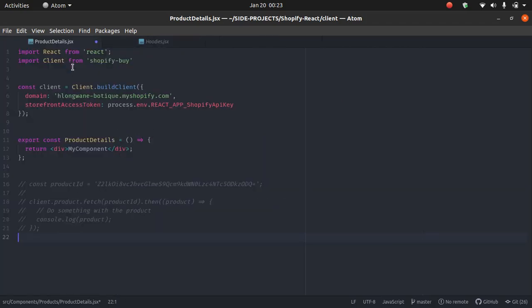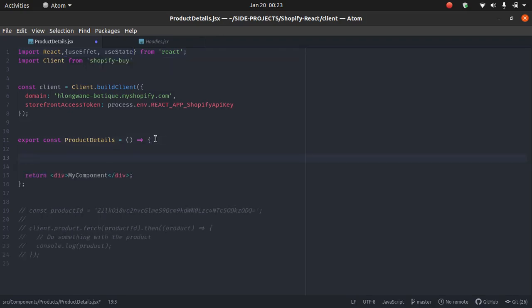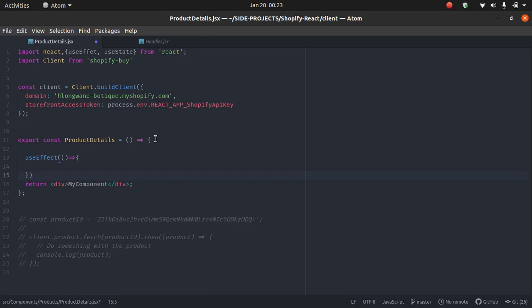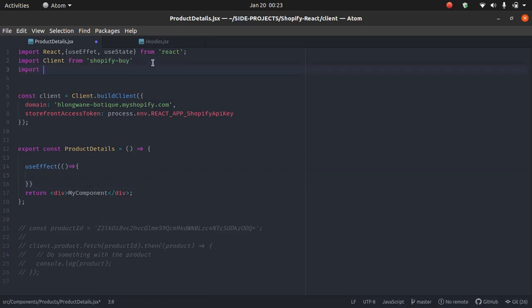So now what do we want to do? We need useEffect and useState. So we'll say useEffect and useState, right? So now what do these things do for us, right? We'll say useEffect. On useEffect, I want to fetch that product, right? So now what do I do? First I need the import from React